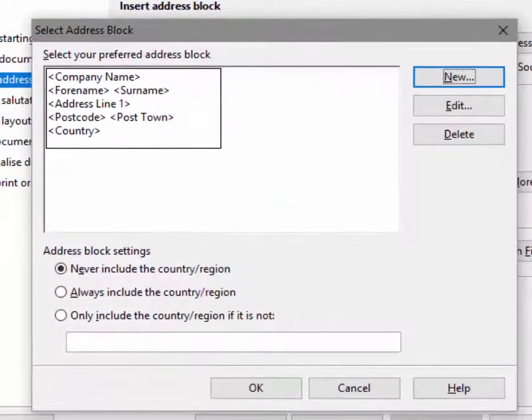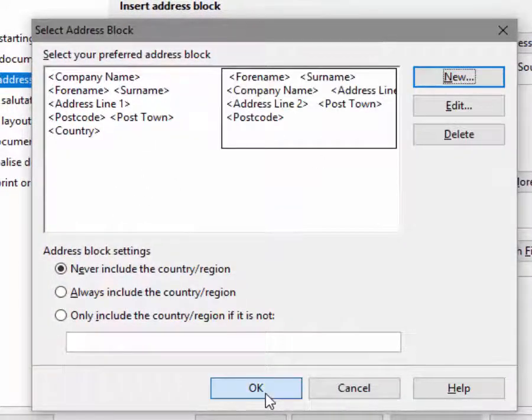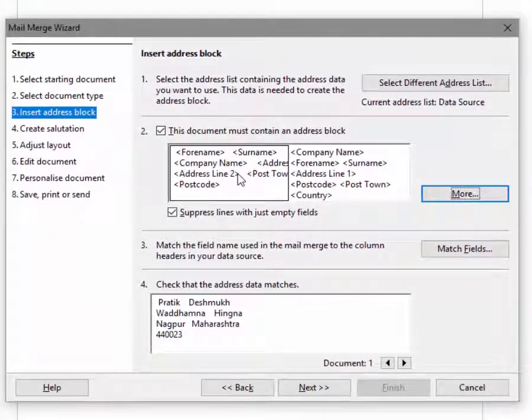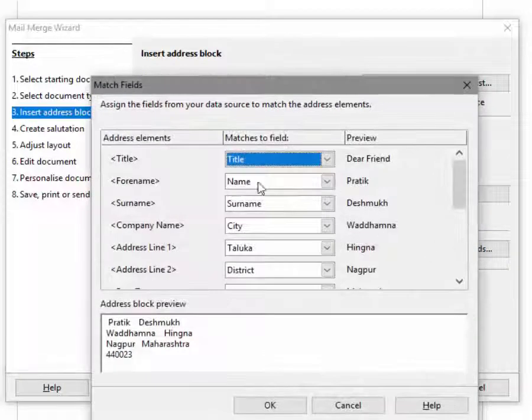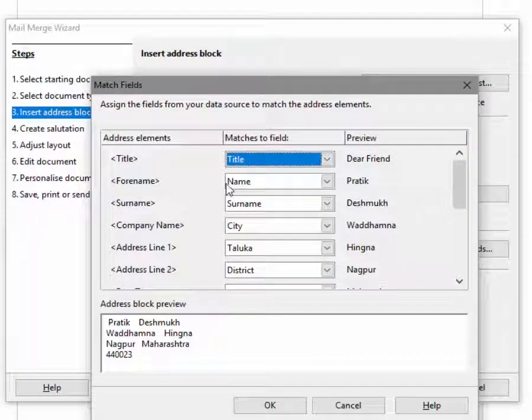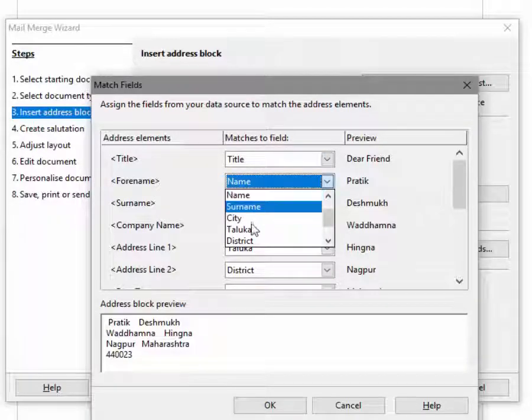To close the select address dialog box, click on the OK button. We will return back to our third step again. Now click on the match fields button. This step is very important because we are going to map our data source column names with the predefined existing